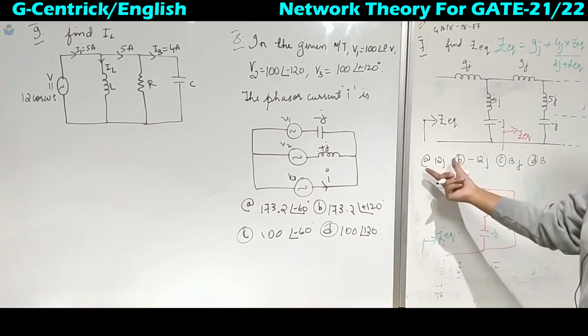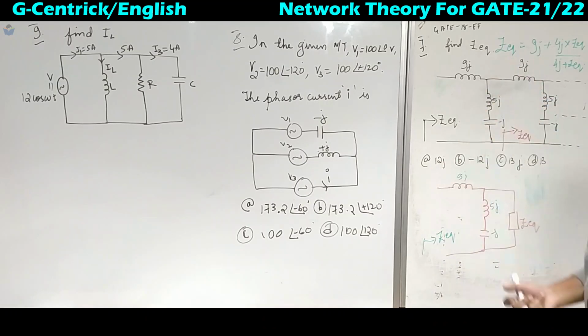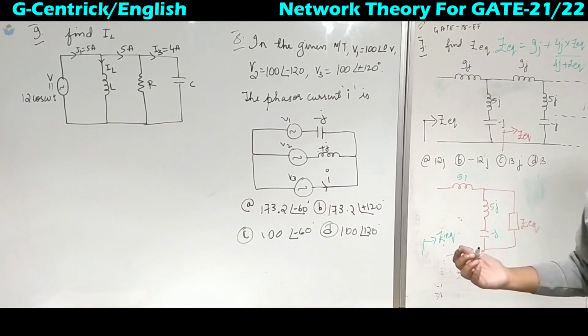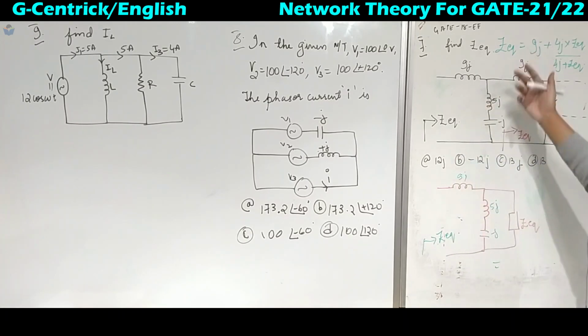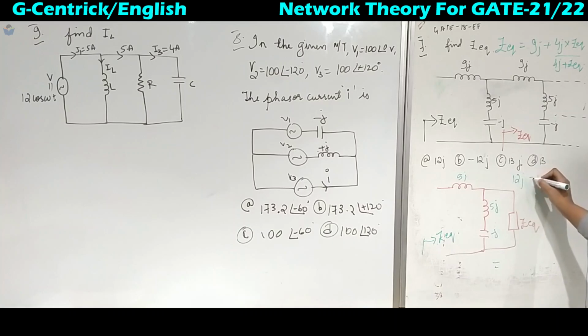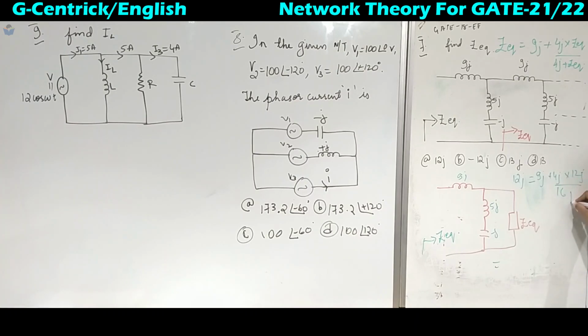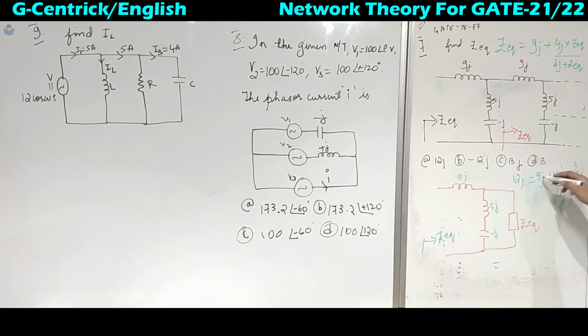So it is easier to put the value of Z equivalent directly in the LHS and see if on the RHS we also get the same value or not. Instead of solving this complex network, it is easy, but some of the steps will be lengthier. So we will put the option in this one. It is 12J. On the LHS we have 9J plus 4J into 12J upon 12 plus 4, which is 16. So the J cancels, this 4, 3 plus 9 is 12. So 12J equals 12J.